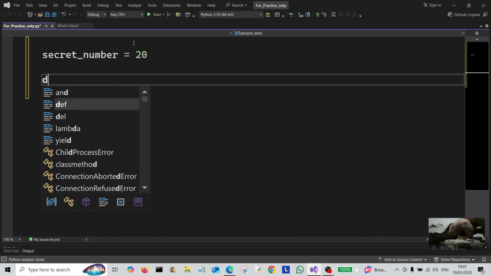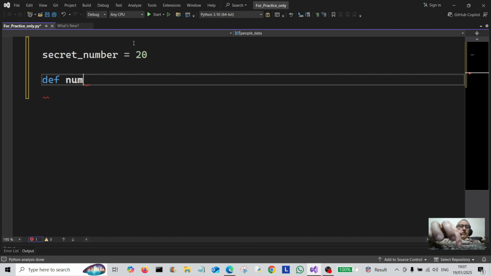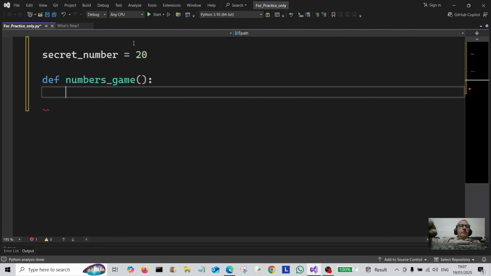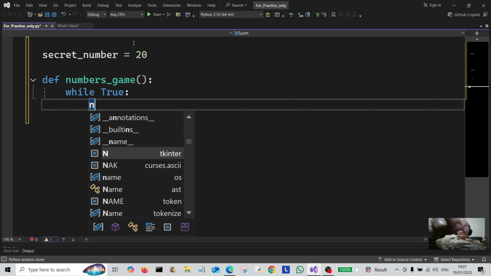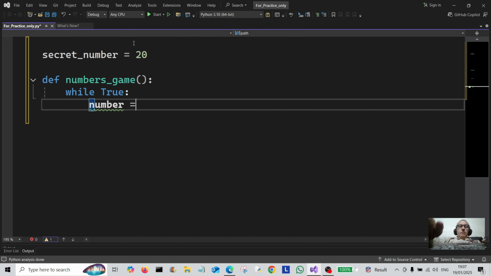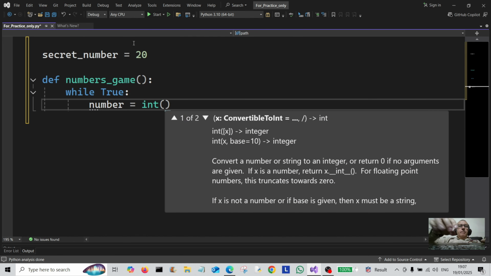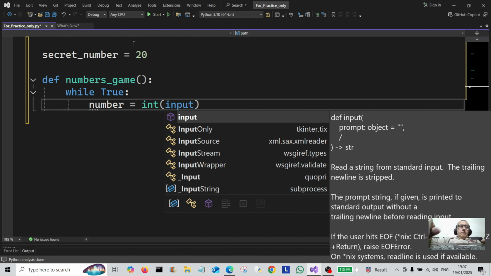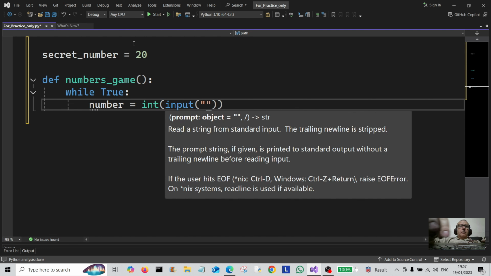Now we're going to create a function called numbers. Now I'm just going to call it numbers game. Okay, now we're going to do a while true loop, and that's going to include a variable called numbers. We're going to assign that variable to int, which is integer, because we're going to type in a number, you see, so that's input. And then simply tell the user to